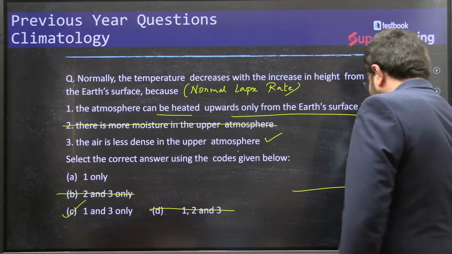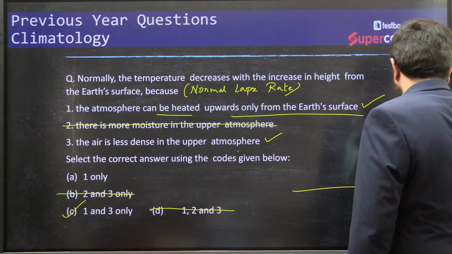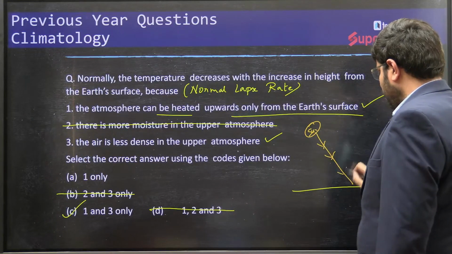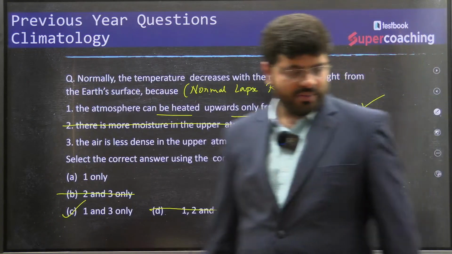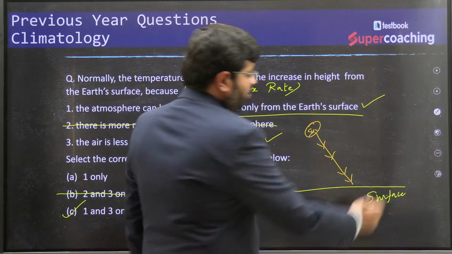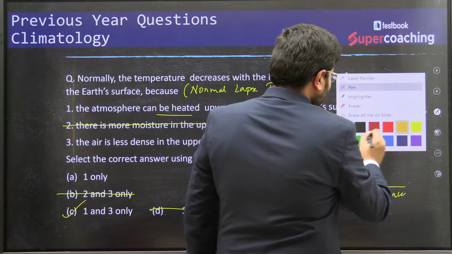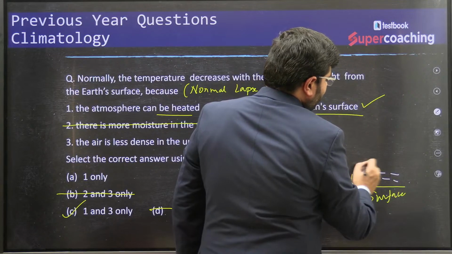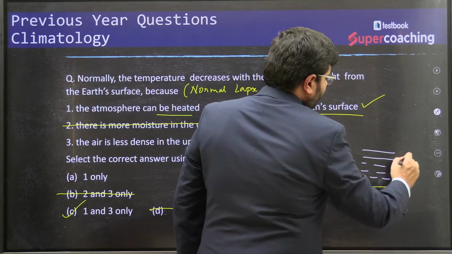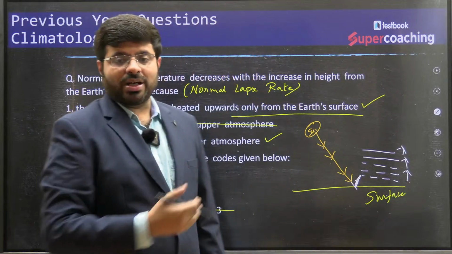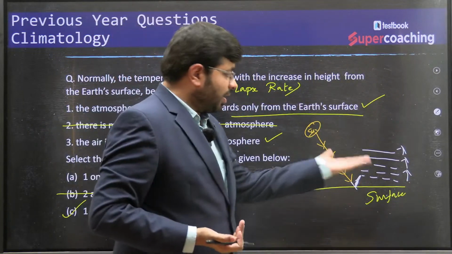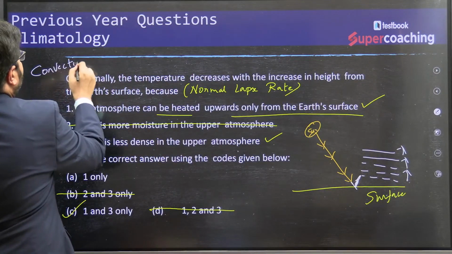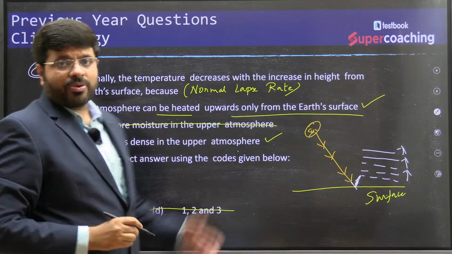If you see it, this is the surface. You have the sun, and the insolation coming from the sun is hitting the surface of the earth. From here onwards, you have what is called terrestrial radiation. Because of the terrestrial radiation, the atmosphere gets heated layer by layer from the bottom. So what are the processes of heating of the atmosphere? The layer by layer heating is what we call convection. So the atmosphere gets heated up by convection.